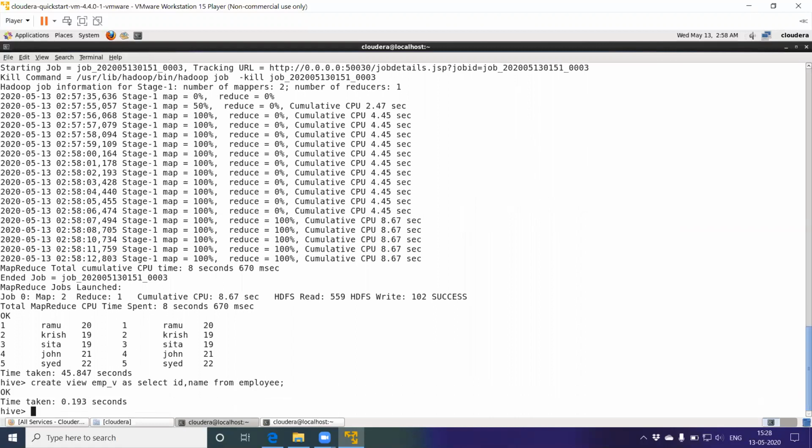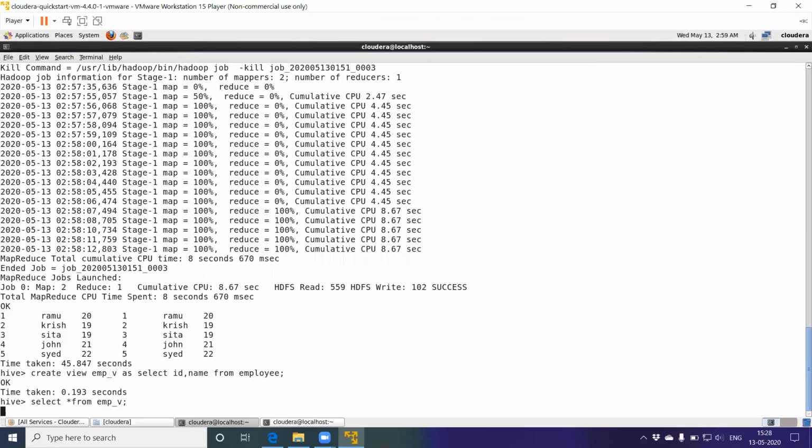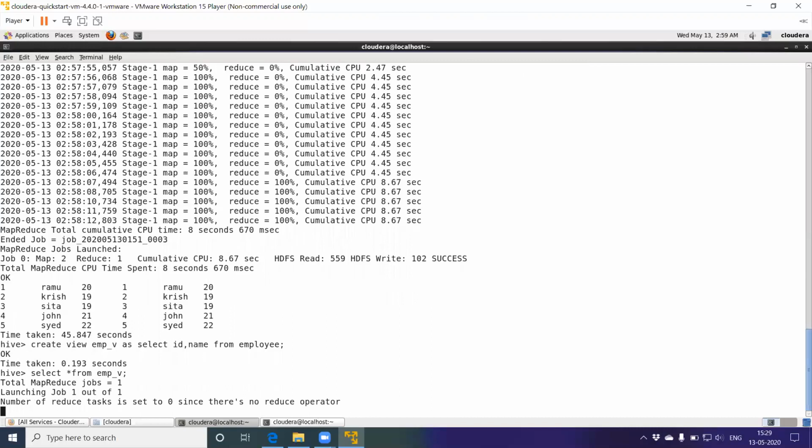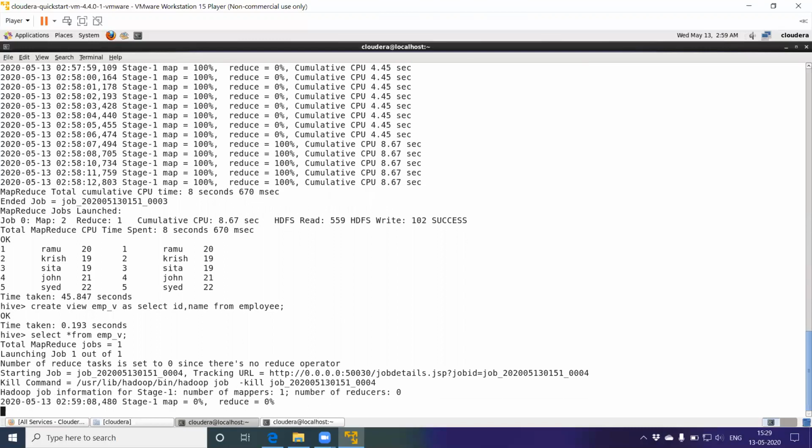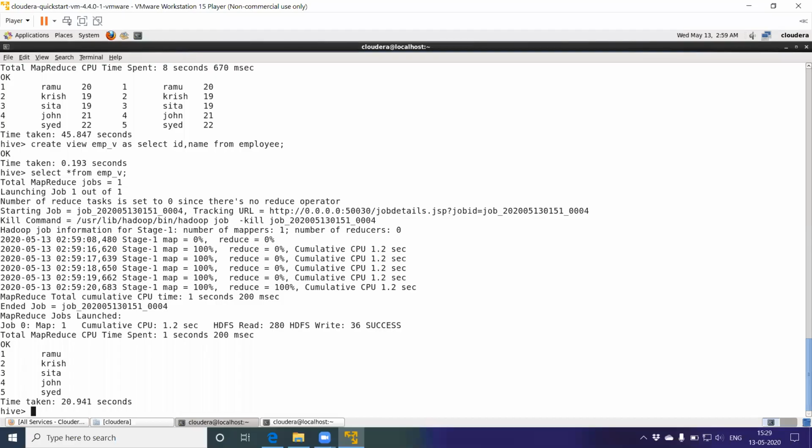So the view is created. You can just select star from view to verify. Again, it is a MapReduce job. See, you can see the answer over here, the result of the view.